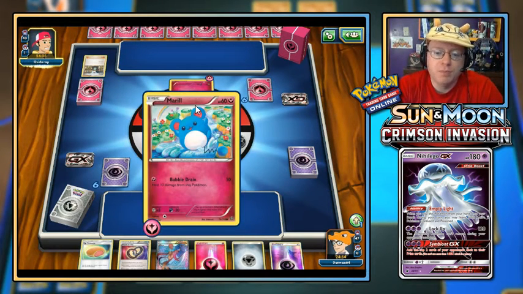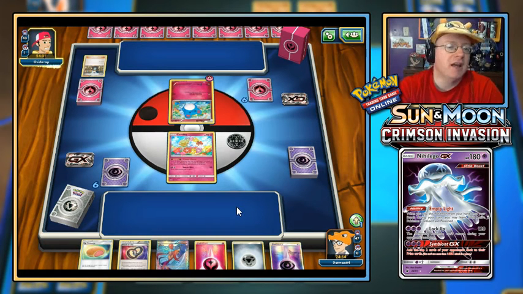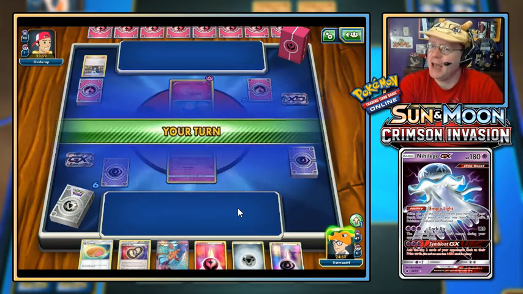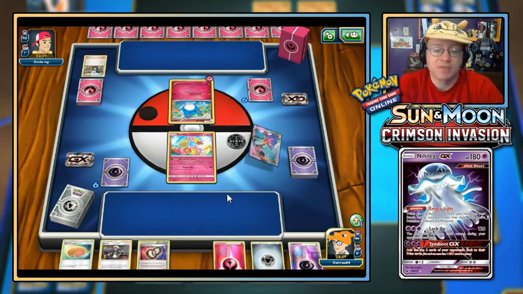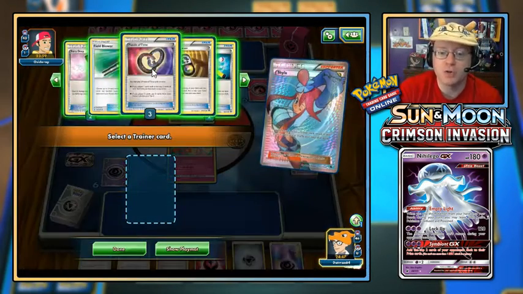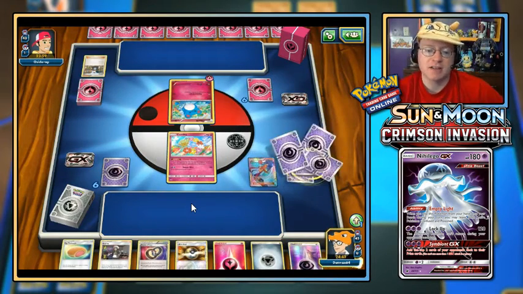Alright, so you could Bubble Drain me. I wonder what we're going to see from this deck. Normally you don't see this being used in a really competitive deck, so who knows what's going to happen here. But they could surprise me, who knows. Let's go with an Ultra Ball. Get ourselves our Nihilego-GX. Or,